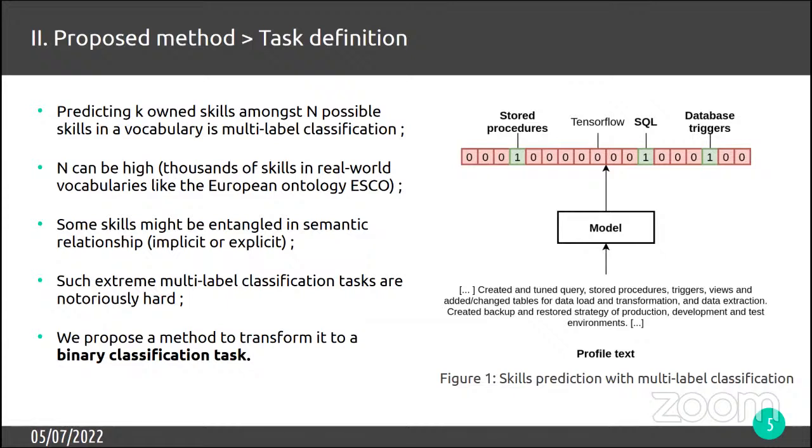And we have a lot of labels. Actually, in this task, we have one label per skill. And if we have a big vocabulary of skills, like the European Ontology of Skills and Competencies, which is named ESCO, a European reference published in 2012, we can have thousands of skills, so thousands of labels. Such extreme multi-label classification tasks are notoriously hard, so we propose to adapt the problem by